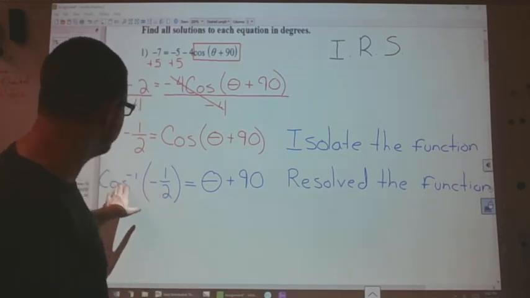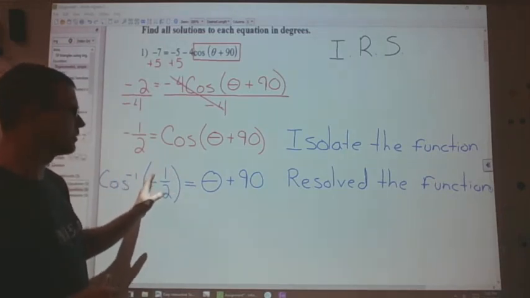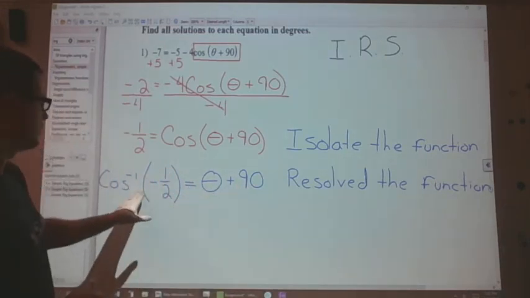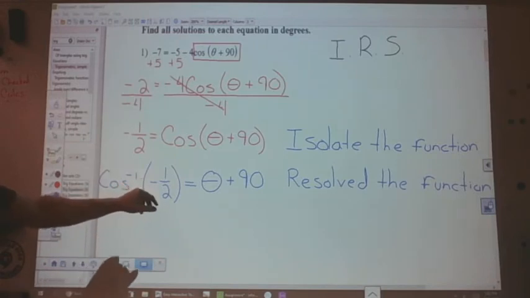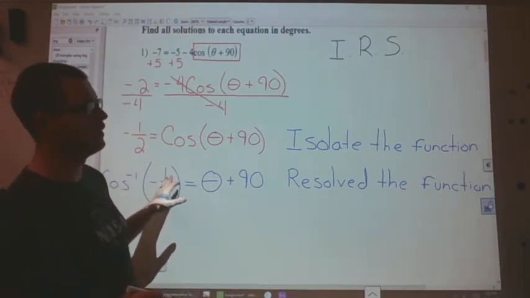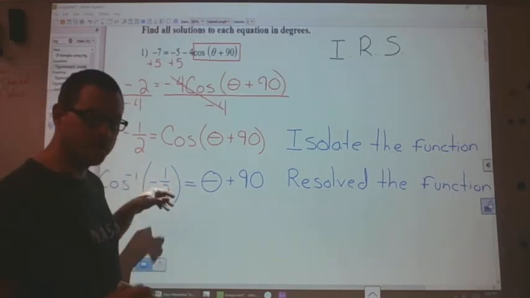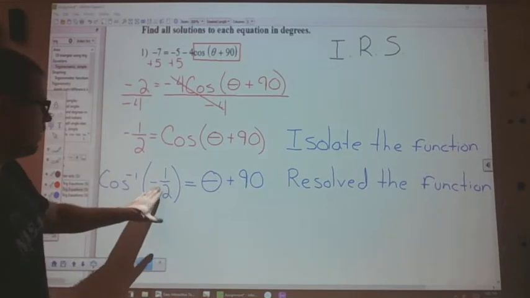In this case, inverse cosine of -1/2, which I can evaluate from the unit circle, is equal to theta plus 90. So we're going to evaluate this. We're going to go green. The inverse cosine of -1/2 tells me the angle where the horizontal leg of the triangle is -1/2. So if we were looking at that,